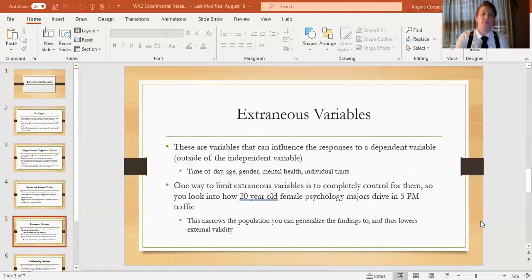So we have two things when it comes to experiments, and that is extraneous and confounding variables. Extraneous variables are similar to what we've talked about with correlation when it came to third variables. These are variables that can influence the responses of the dependent variable. So influence the test scores in our study guide or no study guide group condition, or have an impact on aggressive driving tactics